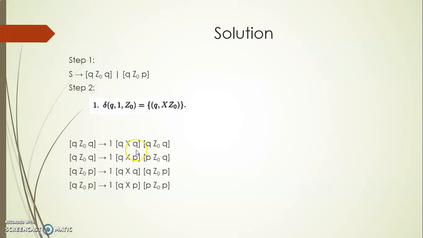So again, the same thing. Since I'm writing P here, the end also consists of the state P. The main difference between these two productions is the intermediary state. Here it is Q, so I'm replacing that with P. Thus, if the given transition function consists of two symbols on the right hand side, you will have four different combinations of the context-free grammar productions.